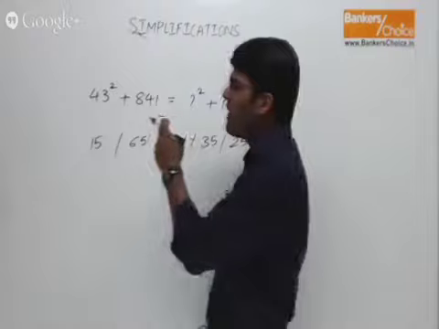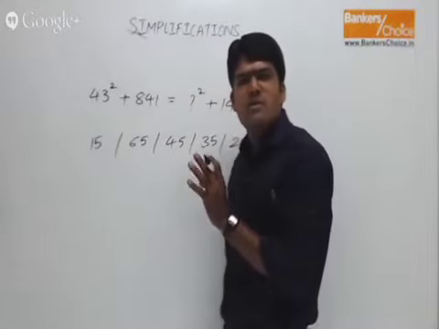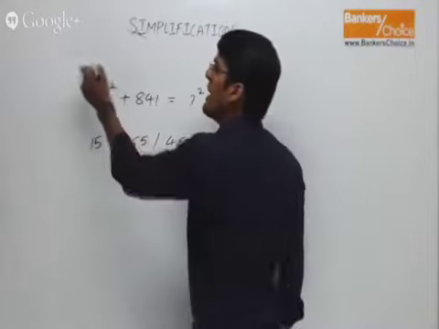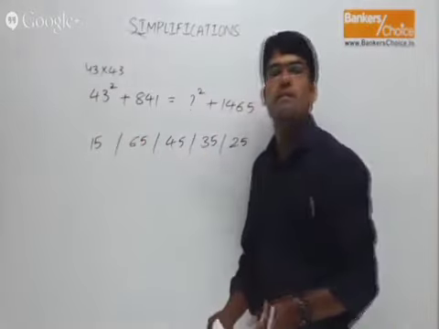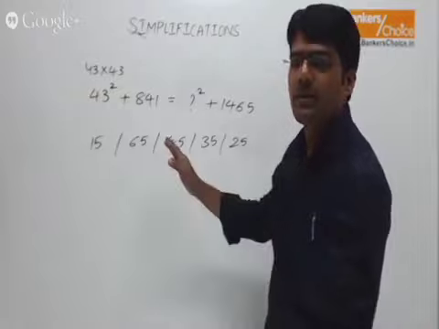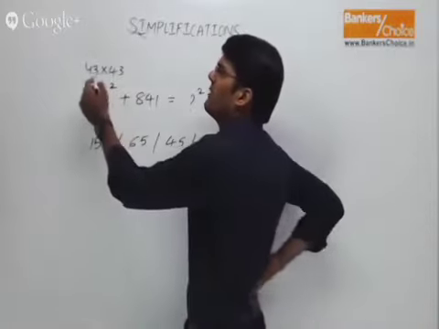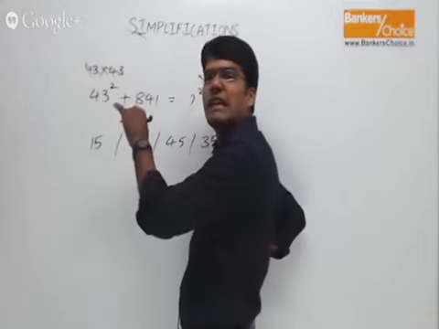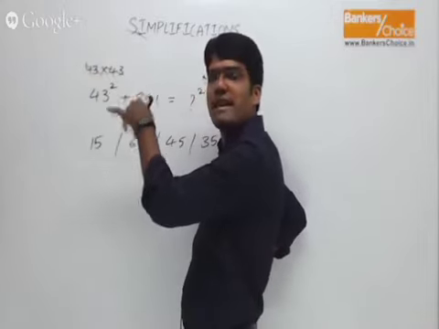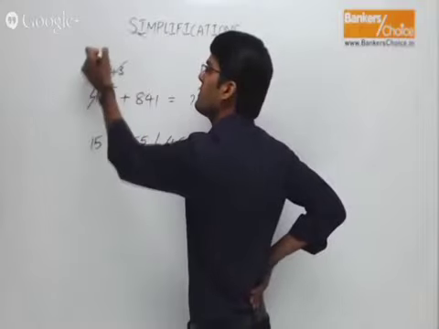What do you do? 43 square. That means 43 into 43. Yes or no? This part is 43 into 43. We are applying root digit directly. I'm just telling you the application of the root digit method here. So 43 into 43. What's the root digit of 43? 7. 7 into 7, 49. The 49 root digit will be 4 because 9 gets eliminated. So here the root digit of the first part is 4